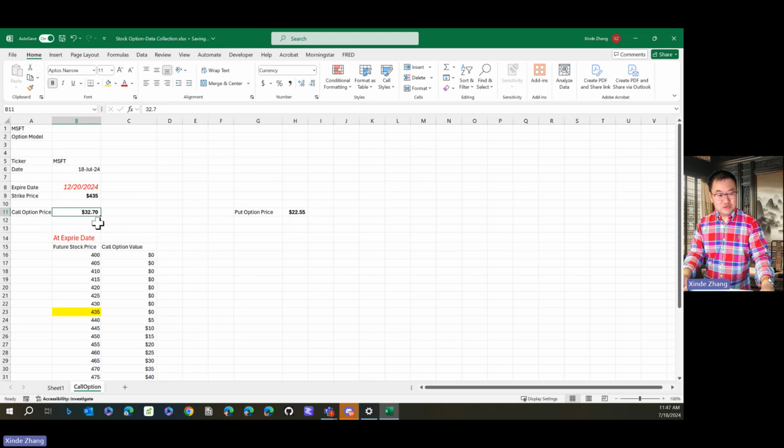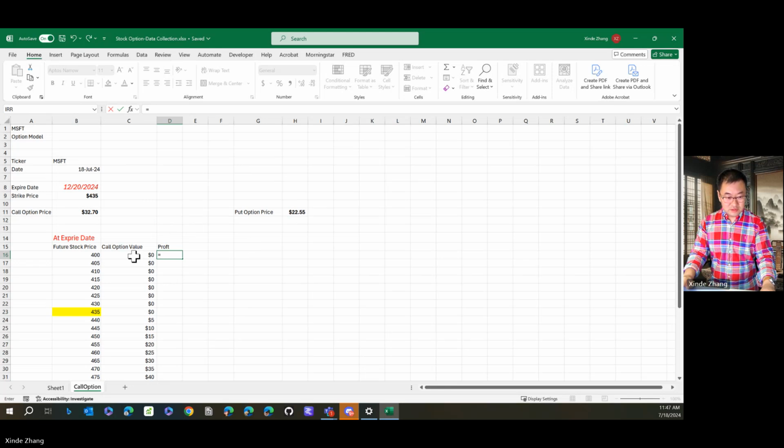So we paid 32.7 at this date to purchase this option. So the profit or loss for this call option is going to be just simply the option value minus,